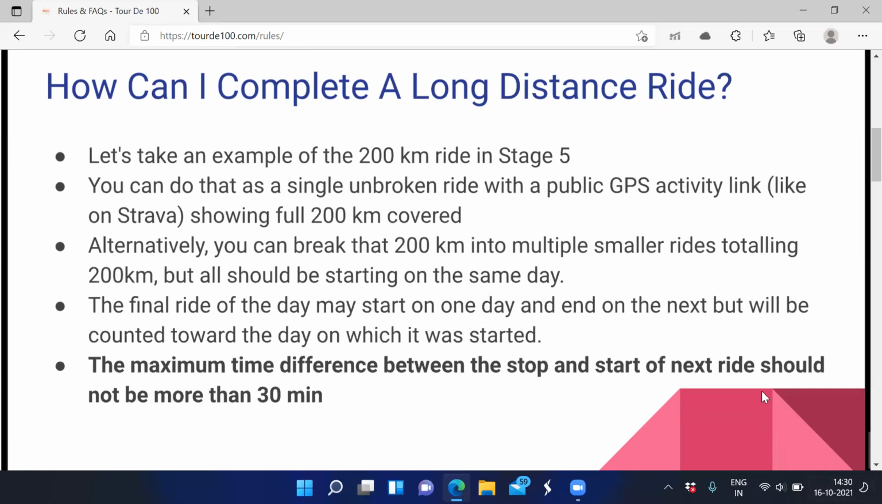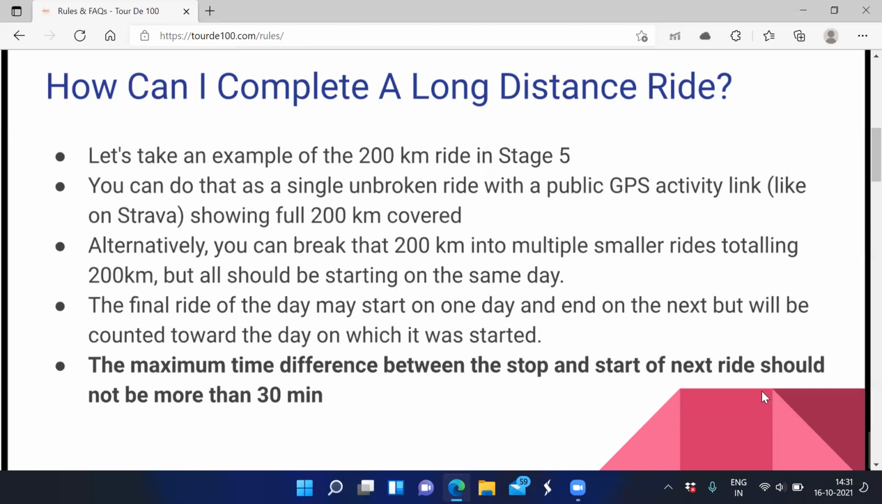Let's take the example of stage 5. I have already explained this, I'll explain it once again. In stage 5, one advanced level challenge is you have to go for a single ride of 200 kilometers. Now, 200 kilometers single ride without a break is not possible. Therefore,